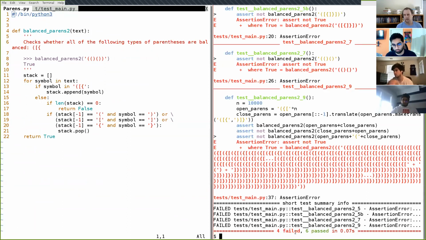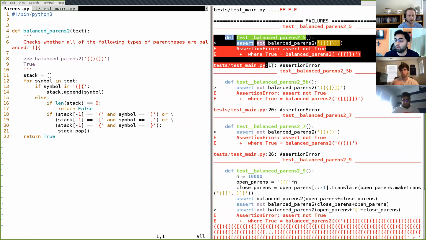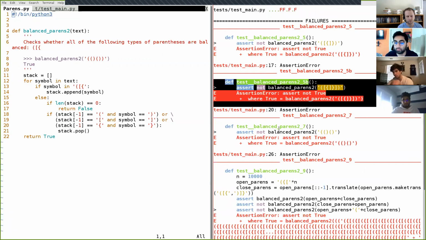And as a reminder, for your homework assignment, your grade is always going to be full credit minus however many tests are failing. So in this case, if this was your homework assignment, the homework out of 10 points, you would get 10 minus 4, which is 6 points on the problem. Okay, so there's 4 tests here, and I need to figure out exactly which of these 4 tests I want to work on